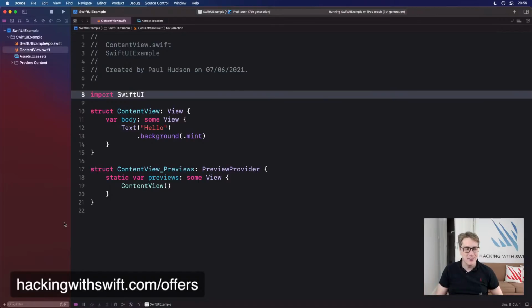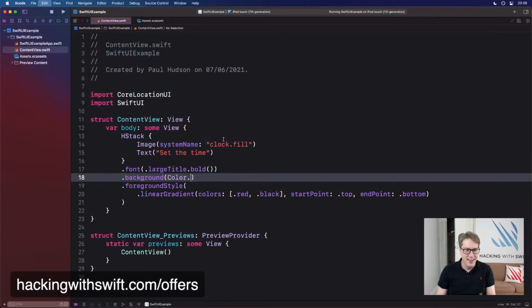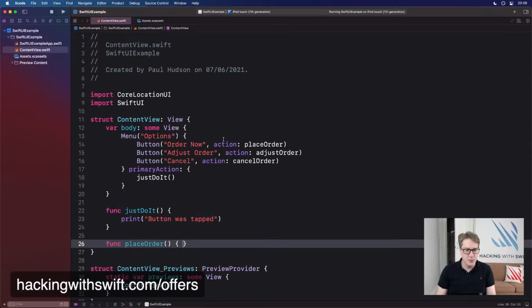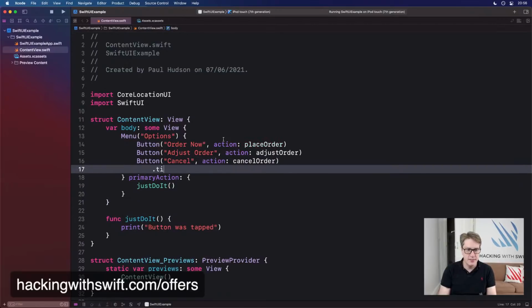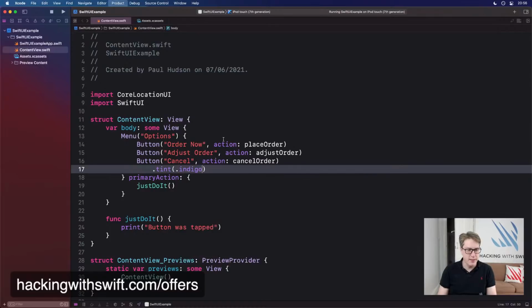Maite, hello Maite, how are you doing? Can I use custom colors on alert buttons? Good question. Should we find out? Alerts, like 1 billion years ago, wasn't it? Where is alerts? Menus. Let's do it here, shall we? Let's try and tint this. I think indigo is brilliant, by the way. I love this color.